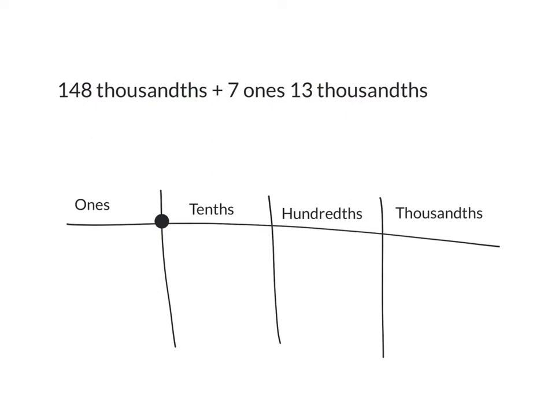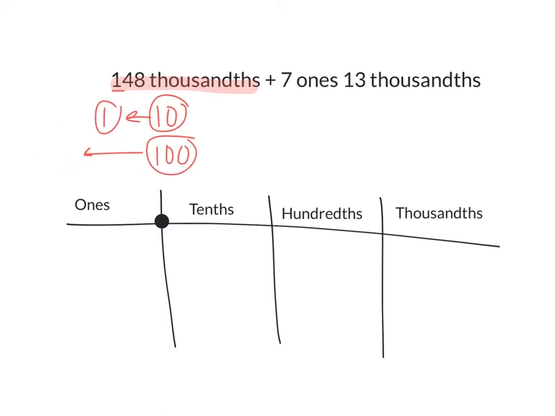So in this case, it would not be practical to draw out 148 dots in the thousandths column. Would it? Is that a good use of your time? Anyone interested in spending their math today doing that? Absolutely not. But I do know that 10 thousandths would be regrouped to become 1/100th. Do you guys agree? And 100 thousandths would be regrouped to become 1/10th, right? Do you guys agree? So then, therefore,